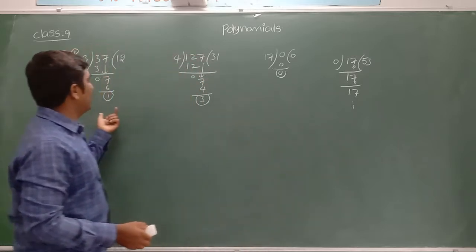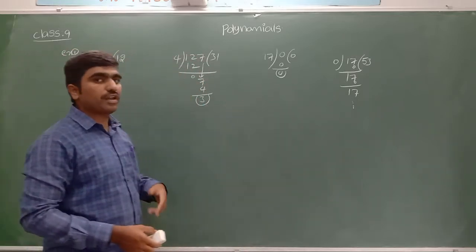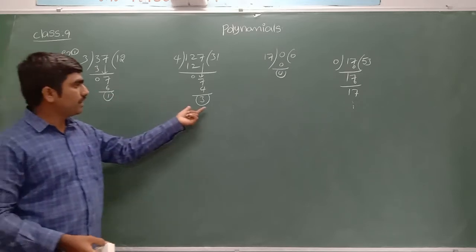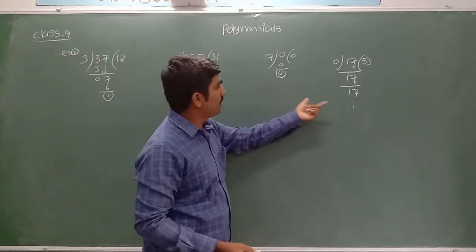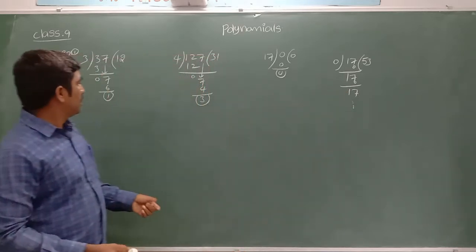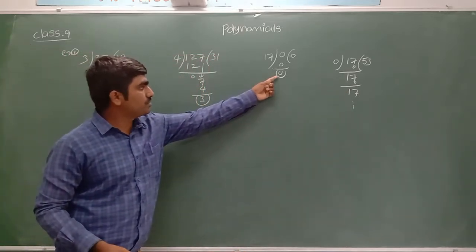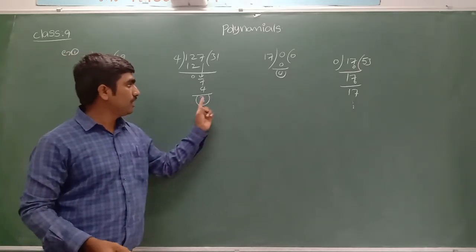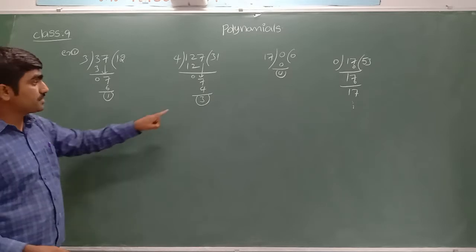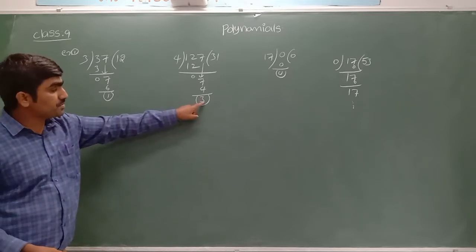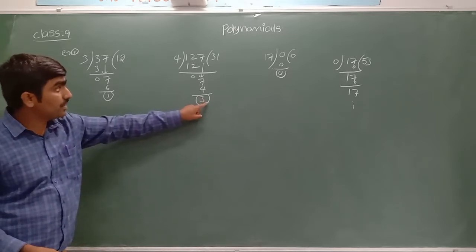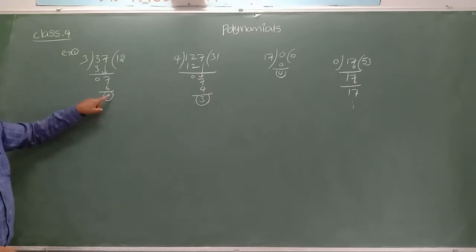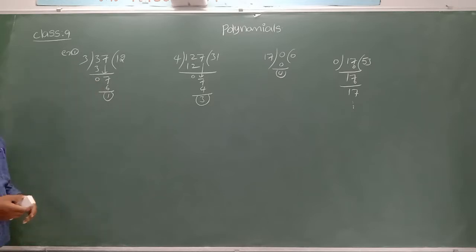Now from all these examples, what can we observe? Let's go with the remainders. Remainder 1, remainder 3, remainder 0. Here division is not possible. Now I observed that the remainder is 0 or other than 0. When it is other than 0, what can we observe? The remainder value is less than the divisor value. Even here I can see the remainder value is less than the divisor value.